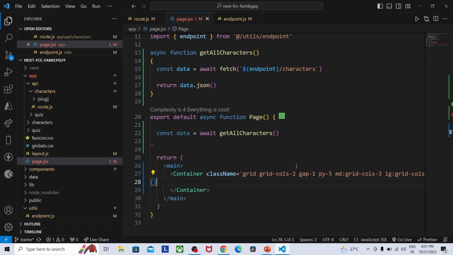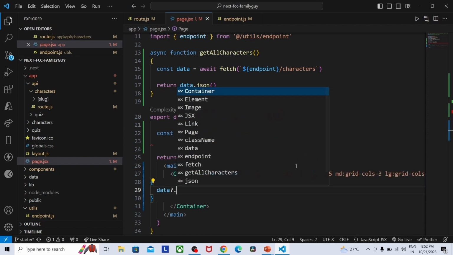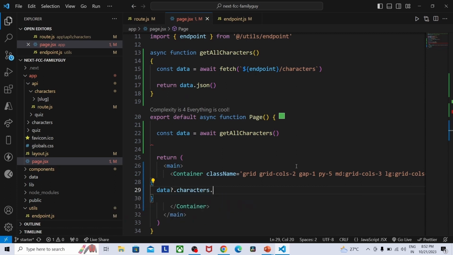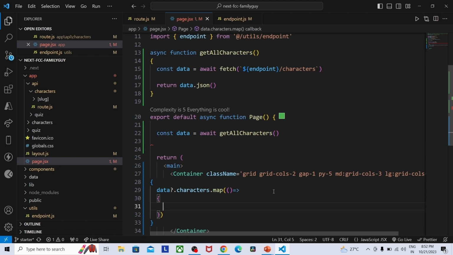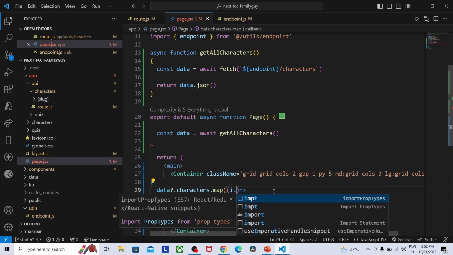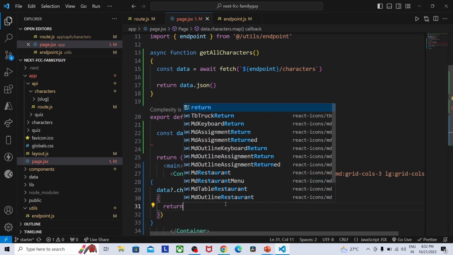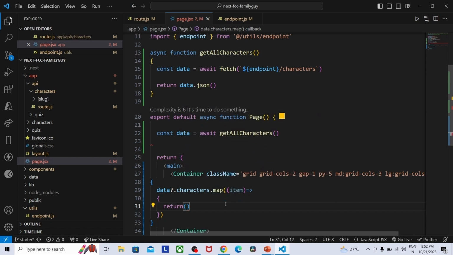Next we have to render the data dot characters dot map arrow function. So each data will be passed in the variable called item. Inside this item provide a return which will consist of a link tag,